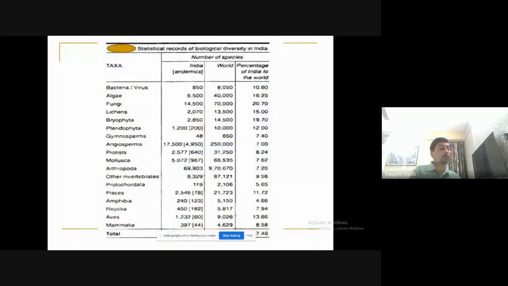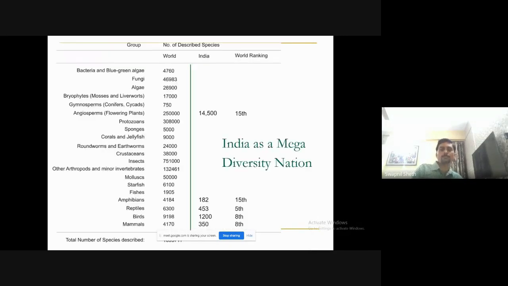And why does the biological diversity we have in our country have great importance? Because of the various life forms, so we just see a few of them here. Angiosperms, flowering plants: 17,500 in India, 250,000 in the world, so our percentage is 7. Then amphibia: in India it is 240, and in the world the species count is about 5,150, so our stake is 4.66%. Mammals 397 plus or minus species. There are always changes in these ecological categories, but our stake is 8 to 9%. In the entire world, our rank is 7 in terms of biological diversity, and there are some changes happening. So here we see